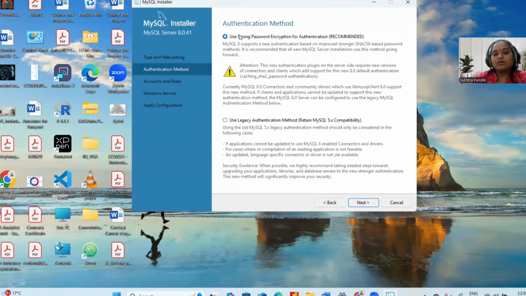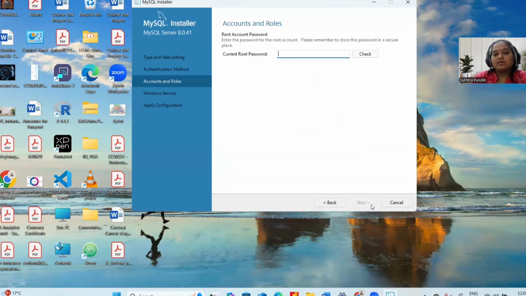Here it asks me to use strong password encryption for the authentication. When you connect with the MySQL server, you need this password. Click next, then check the root password.